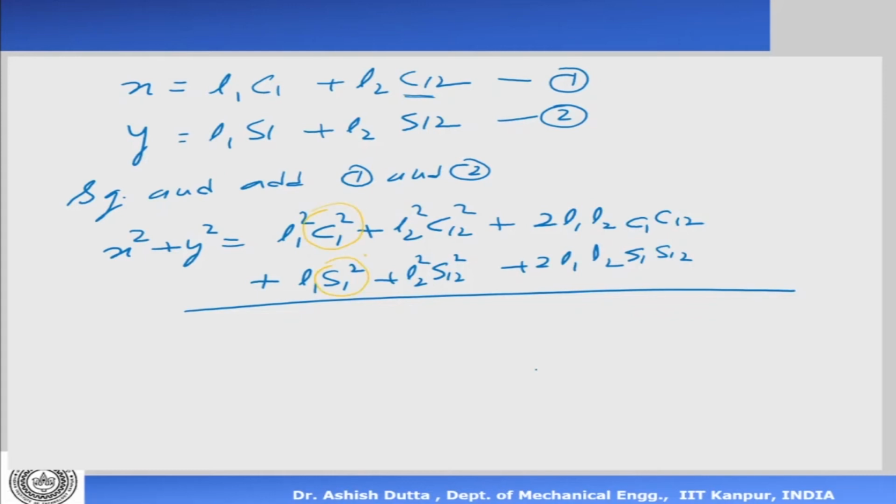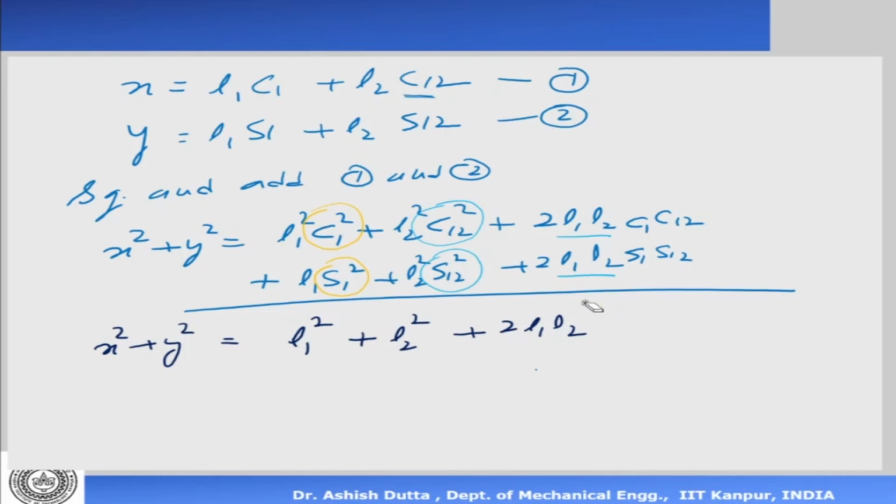Okay, and then there is cos θ12 squared and sin θ12 squared, and then there is twice L1 L2. So squaring and adding like this, what we get is x squared plus y squared is equal to L1 squared plus L2 squared. Cos θ1 squared plus sin θ1 squared is 1, so I'm not writing it. Okay, plus twice L1 L2